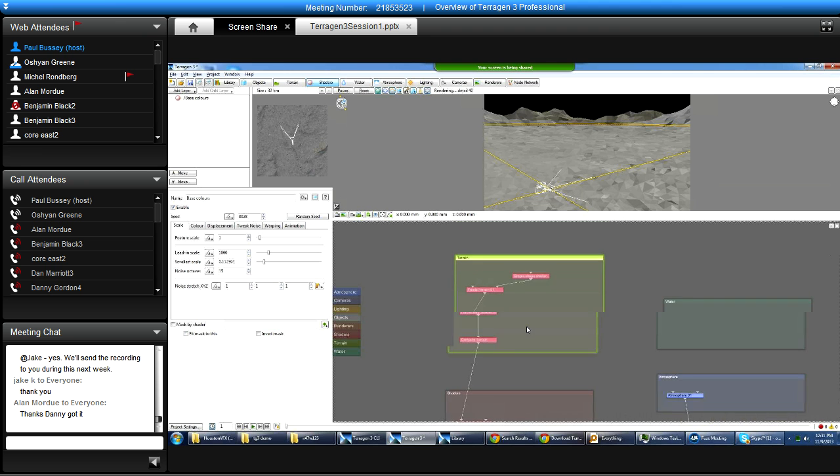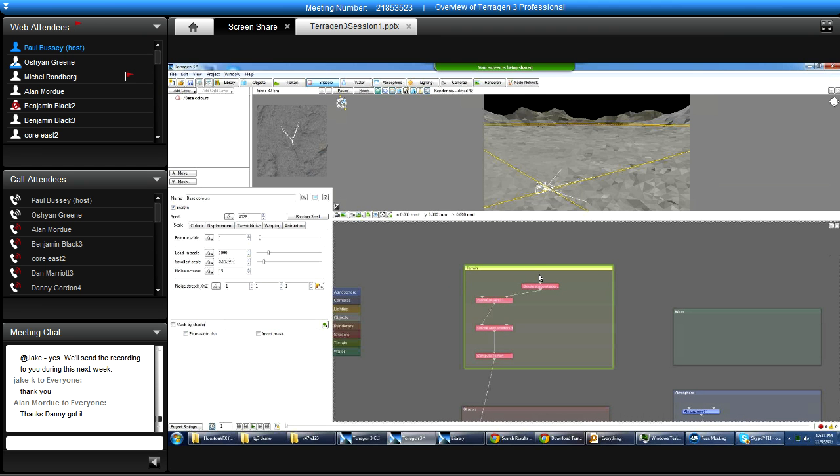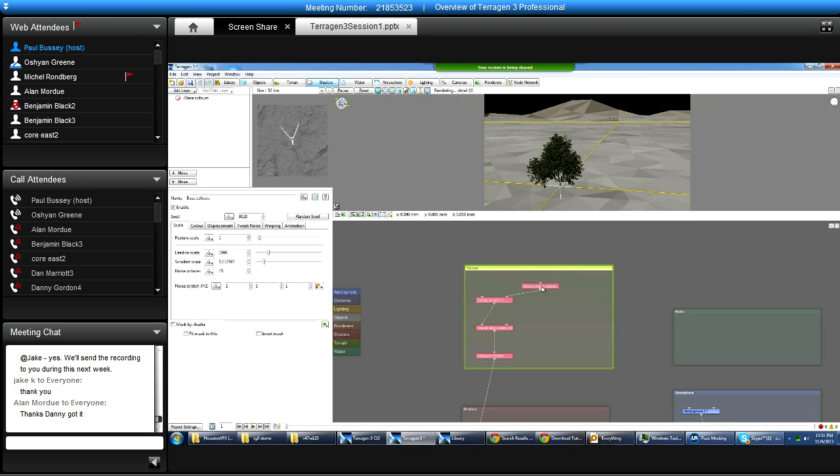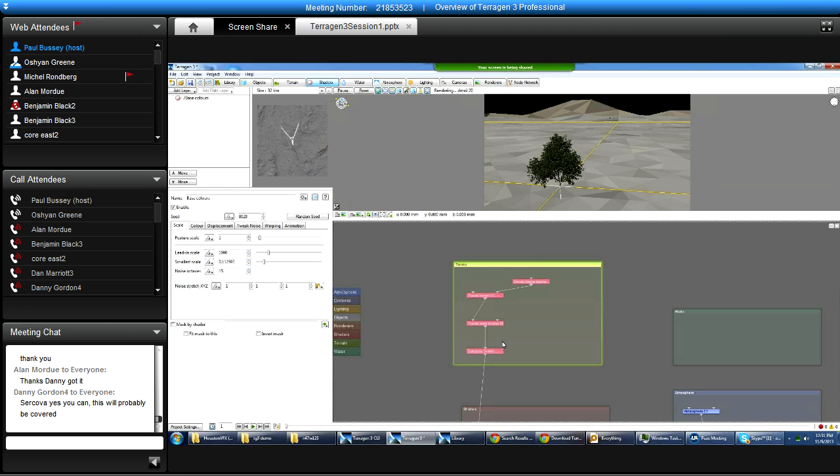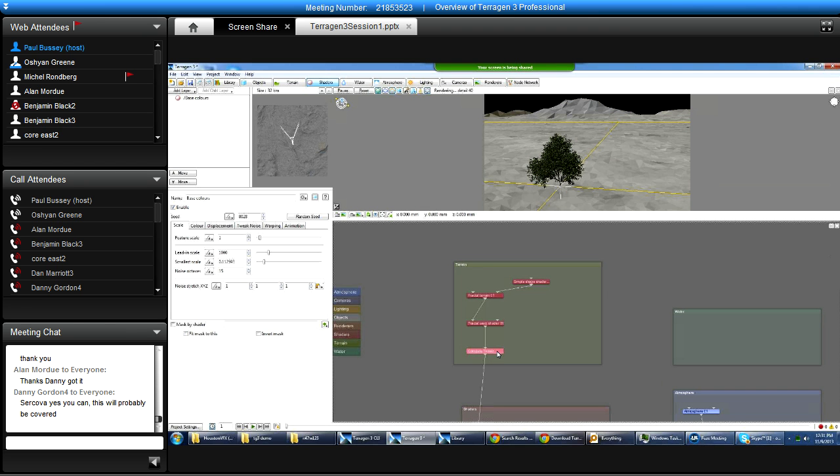So the terrain group is intended for setting the foundational structure of your scene, the actual shape of the terrain in particular. So you've got your terrain shaders here, and then it ends with a compute terrain. And I'm mentioning this in particular because you'll notice that none of the other groups have that. The compute terrain is a very specific node that's used generally at the end of the terrain group. It can be used in other areas, and it basically just performs some calculations that allow you to more effectively texture the terrain